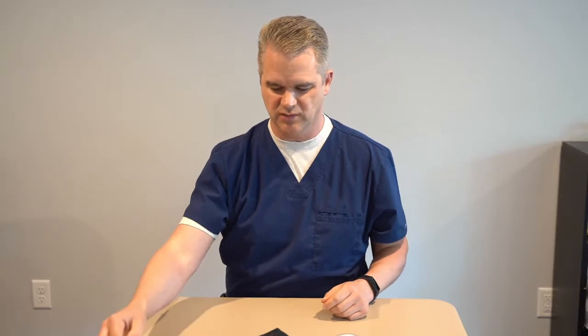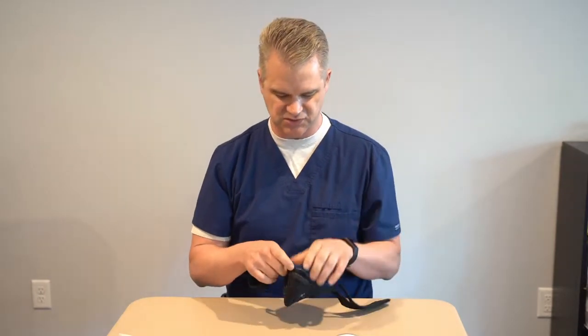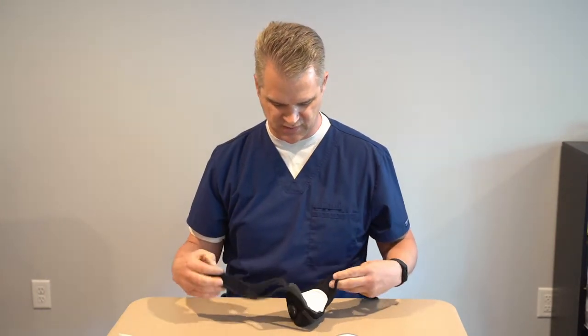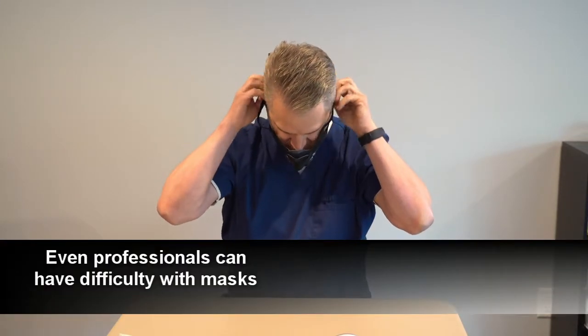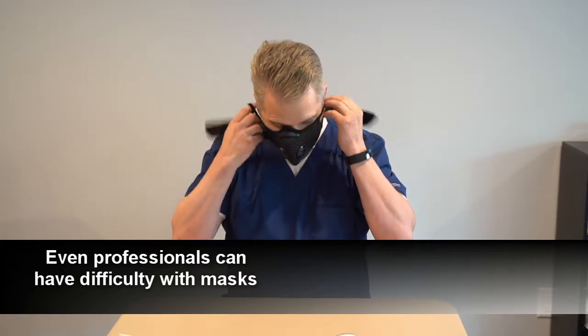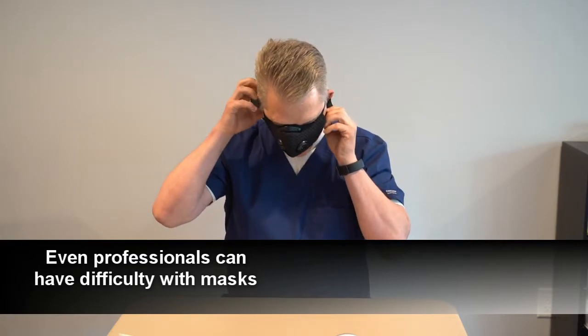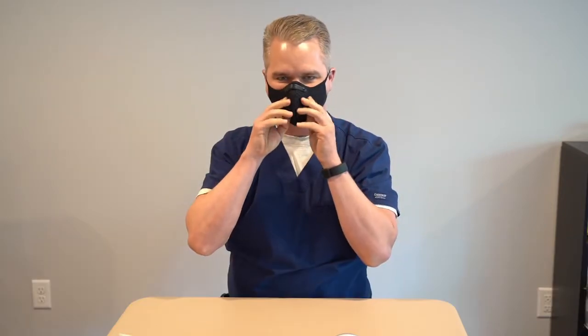One thing that I've noticed in town is that some people are wearing masks that have vents in them. These are construction style masks, and these masks have been made with dust in mind and other elements of a construction site. Here's one of them. You can see, if I can get this on appropriately. Yeah, this is great, huh? So, this mask